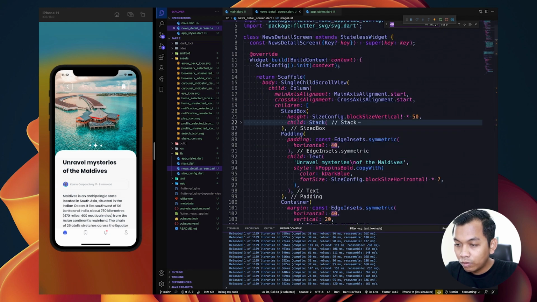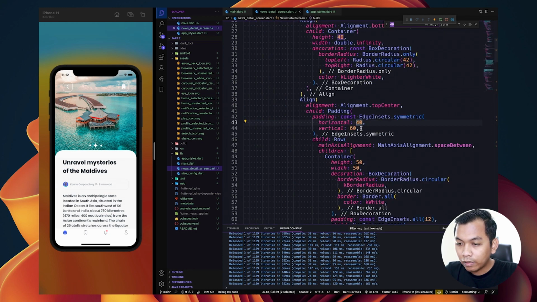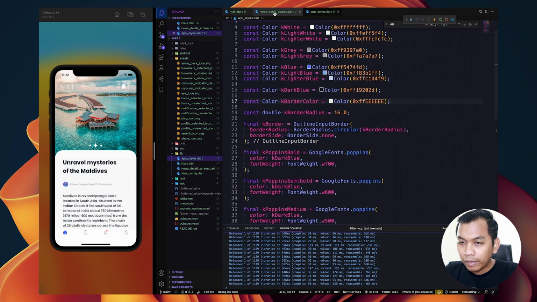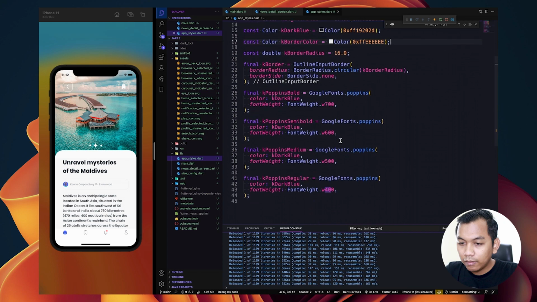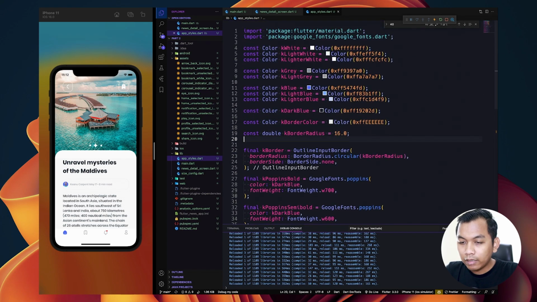So we have many paddings here. So what we need to do, let's say here const double, let's say k padding horizontal, I think, and say 40.0.